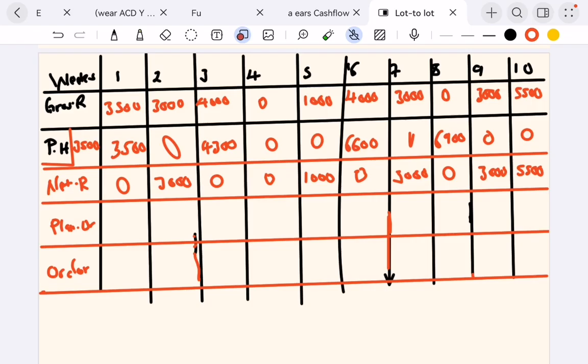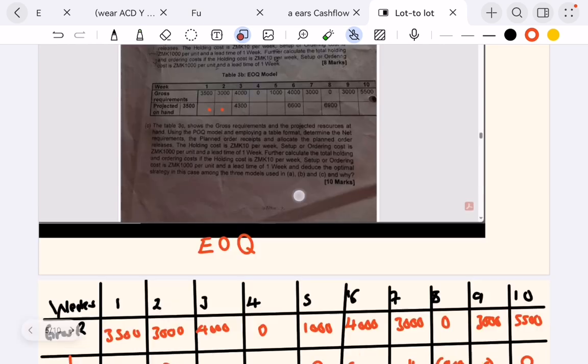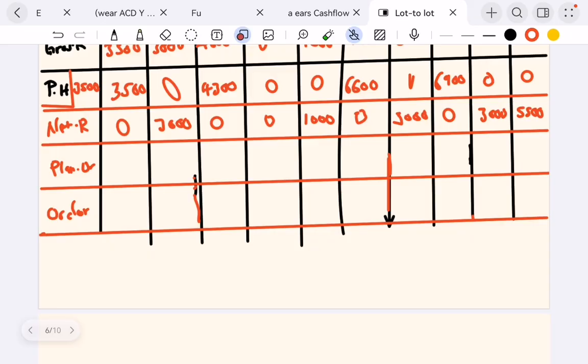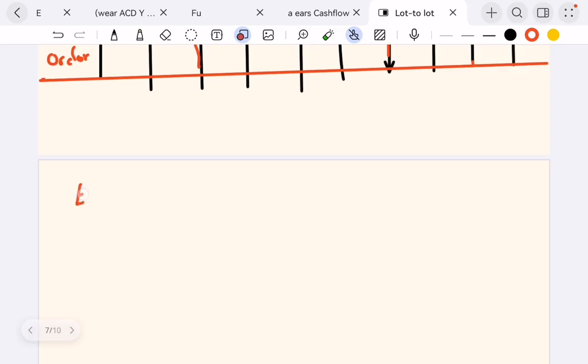So on the planned order, remember this is the economic order quantity. So what we are finding is the EOQ. So for the planned order, we need to apply the formula for the economic order quantity. In order to get the planned order, we need to find the economic order quantity. It changes a bit from lot to lot. So the formula for the economic order quantity is: EOQ is equal to